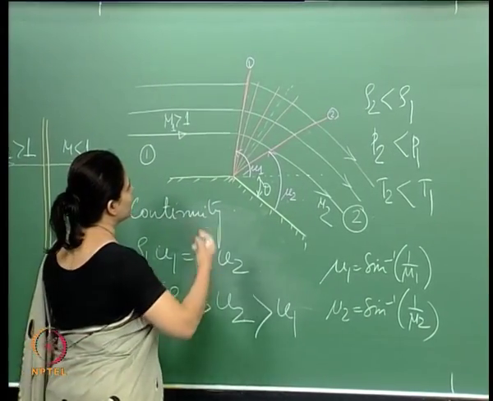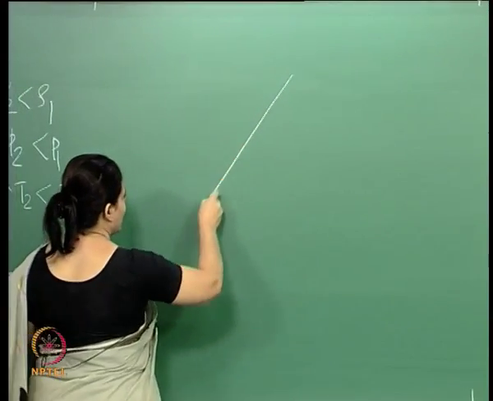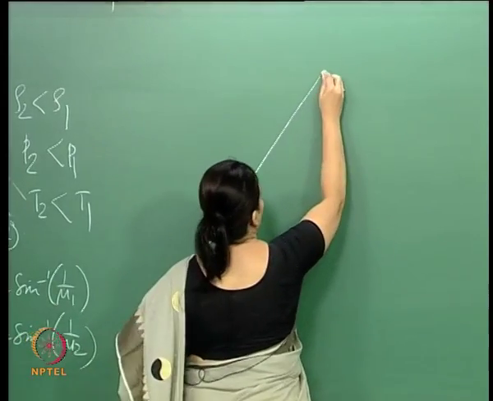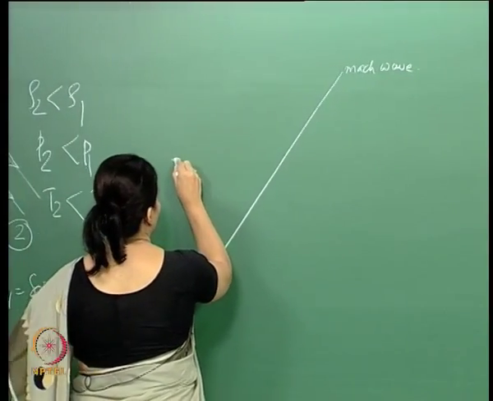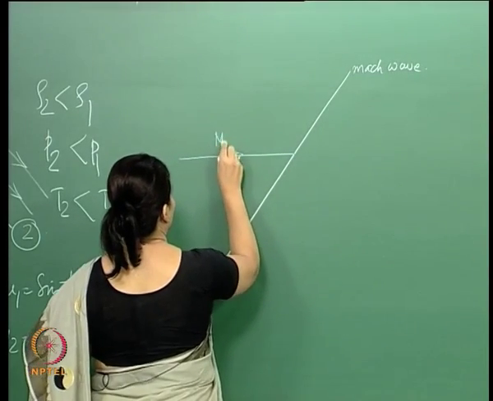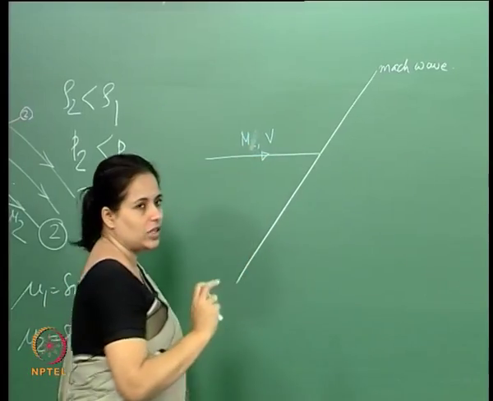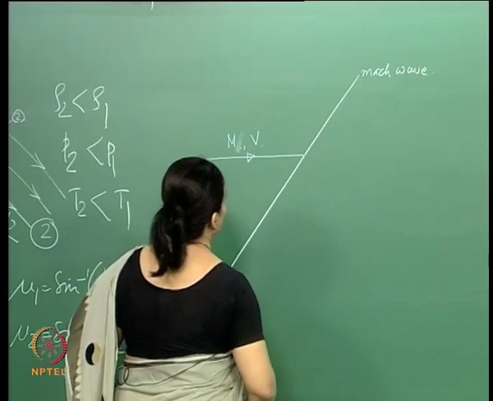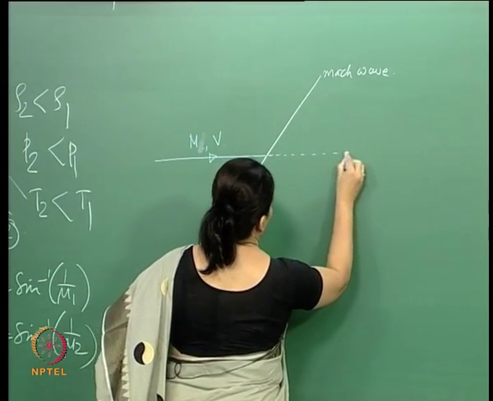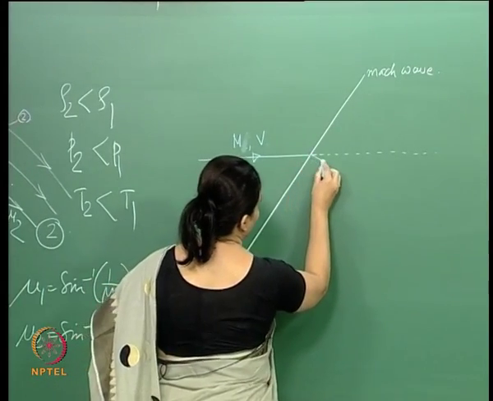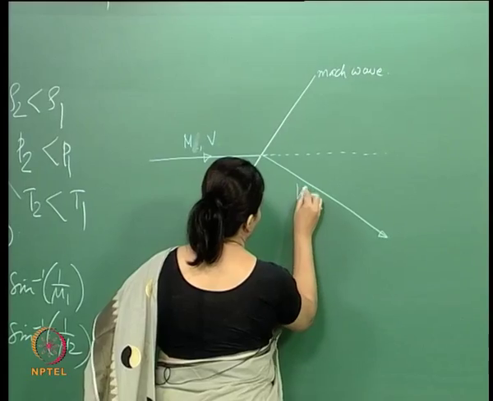Now let us look at just one Mach wave and understand a few things here. So this is a Mach wave. Let's just draw that here. This is just for a general Mach wave. Then this is the Mach number and this is the incident velocity, and it encounters the Mach wave, and then it